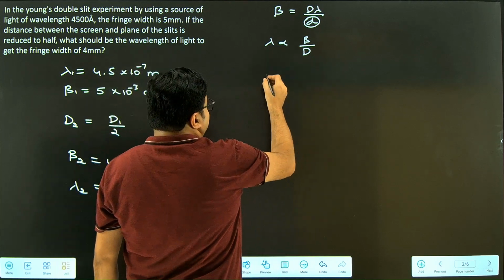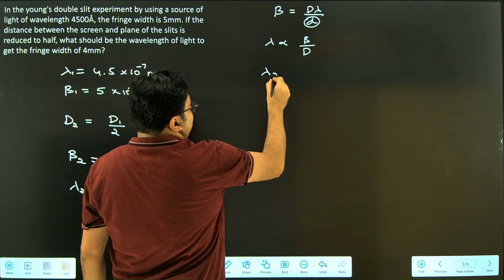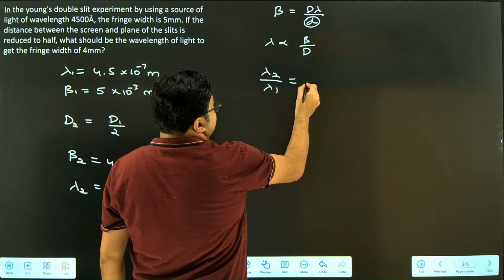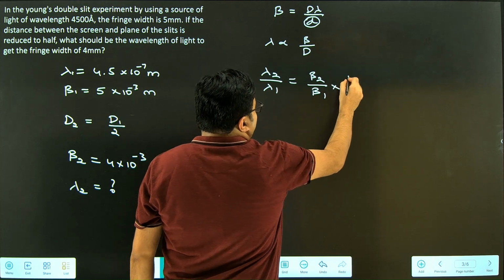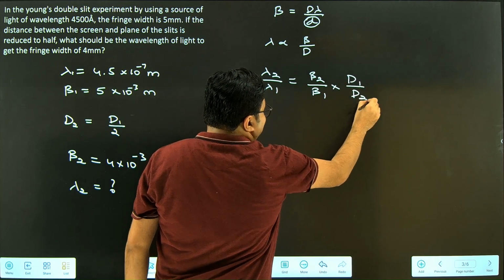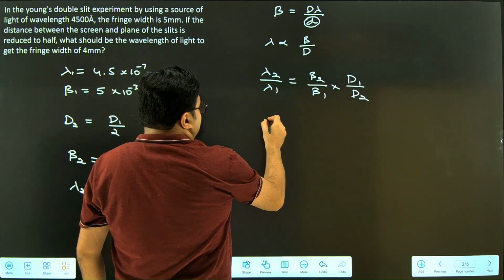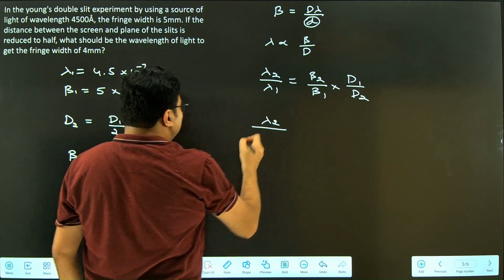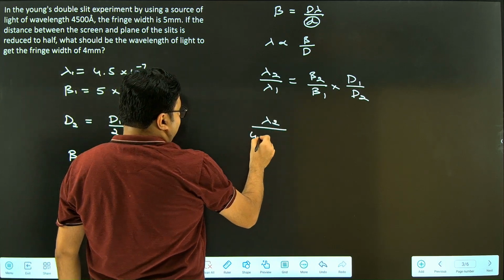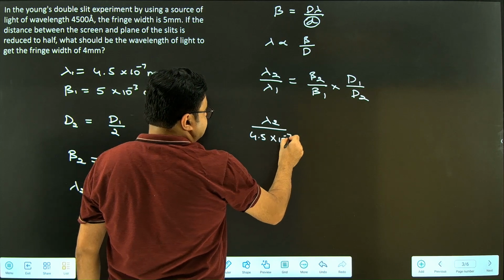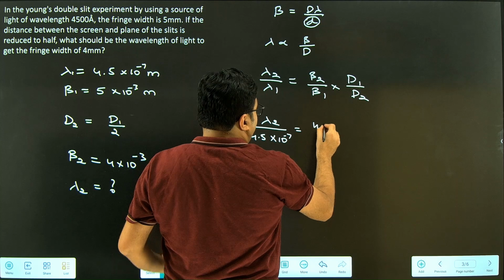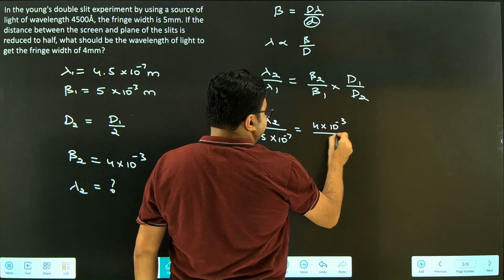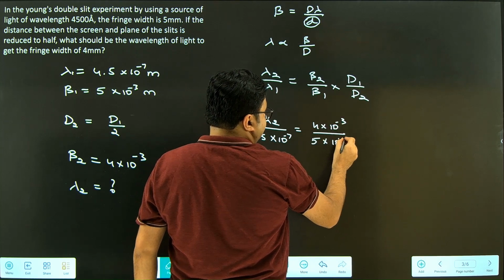When that is the situation, we have lambda 2 divided by lambda 1, my friends, being equal to beta 2 divided by beta 1 multiplied by D1 divided by D2. So this is what you have. We can now substitute lambda 1 as 4.5 into 10 to the power of minus 7, equal to beta 2 divided by beta 1, which is 4 into 10 to the power of minus 3 divided by 5 into 10 to the power of minus 3,